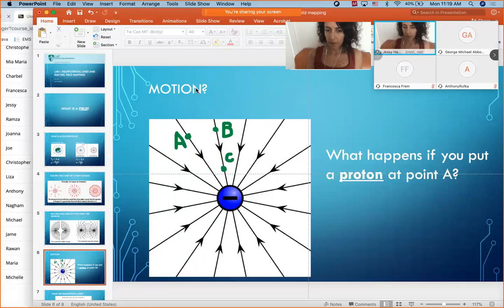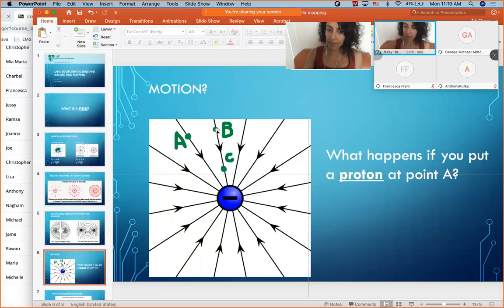The electric field on F equals QE, so the test charge is positive, so F and E are in the same direction. I love this, George. So George is saying, since the proton will feel an electric force, and the electric force is pointing parallel to the electric field. Yes, since the force, George, you're moving and you're noisy. Yes, so the electric force is parallel to the electric field, since the test charge, that is a proton, is positive. All right, so the proton placed at A will move towards the source.